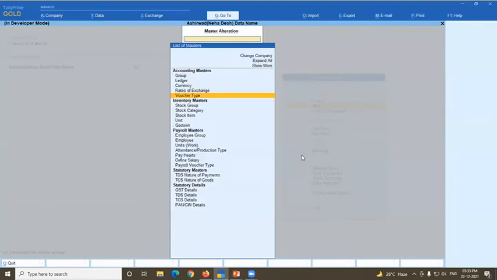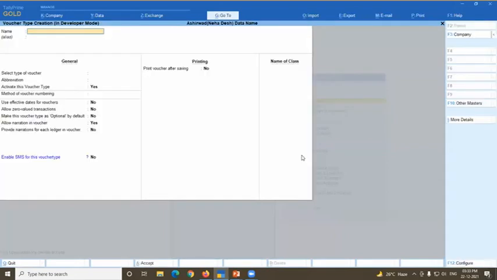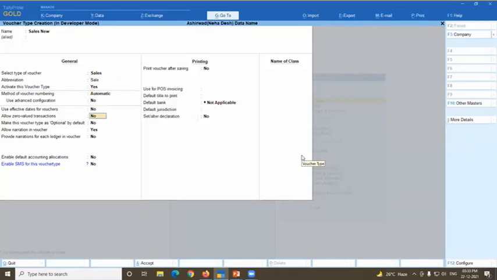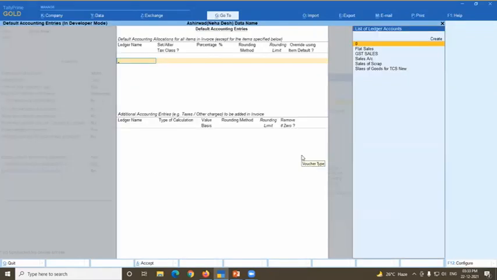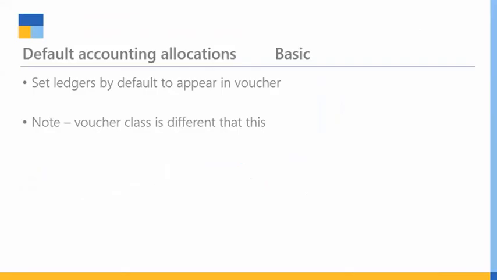Let us take one example. Okay, I'm just creating a new voucher type. Sales new under sales. So to save time, I have to just move fast. Yes, enter. I am selecting here GST sales 100%. Which topic are we covering? Default accounting allocations basic.